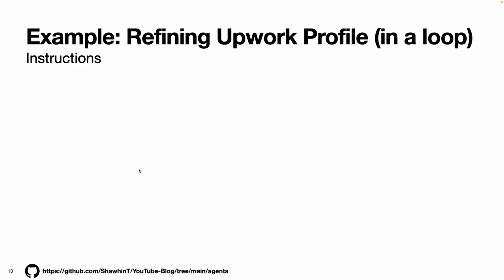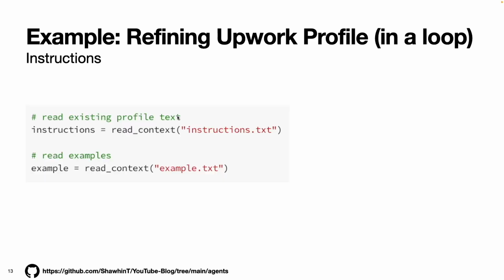The first thing I'm going to do is write the instructions for GPT-4o. This was historically called the system message or the developer message, but now OpenAI has changed their API and now this is called instructions. To define the instructions, I have these two text files. One is called instructions.txt, the other is called example.txt. So I'll show these text files in a second here, but first I'll talk about how I generated them.